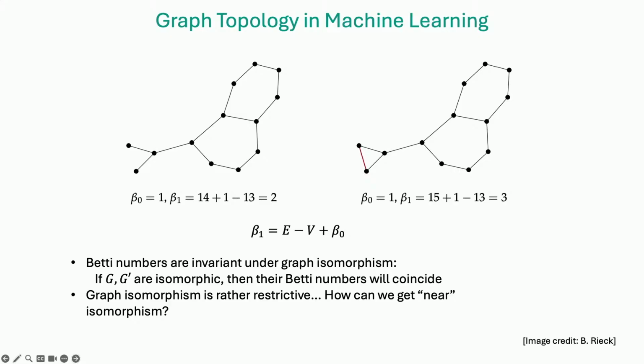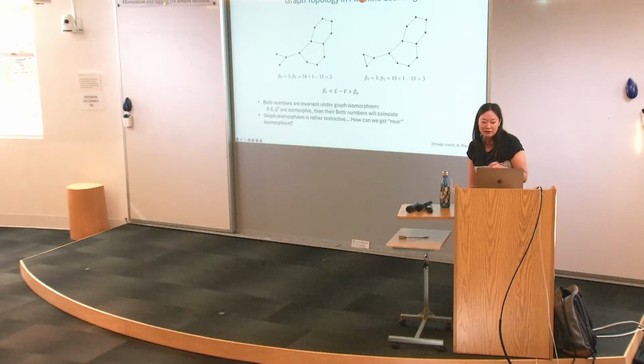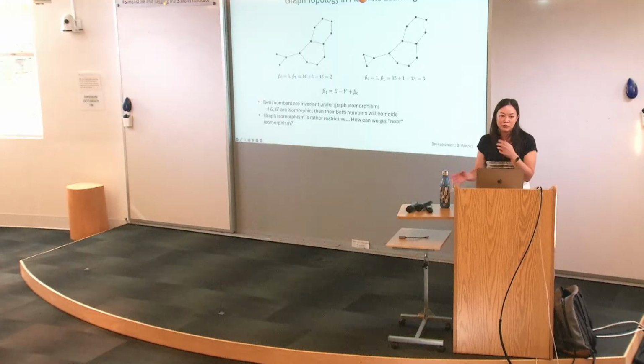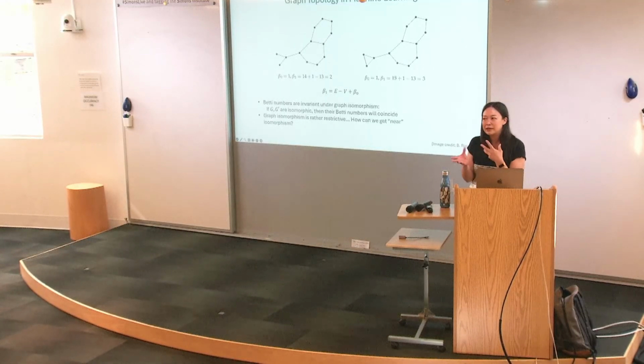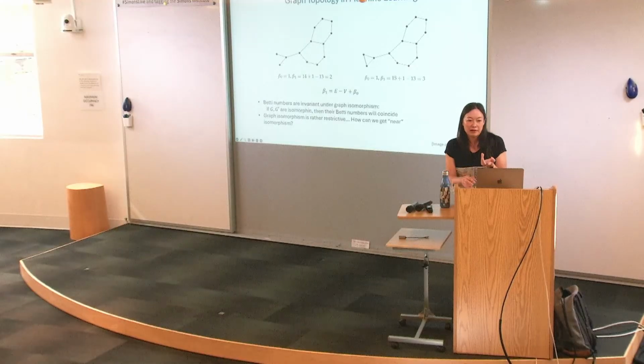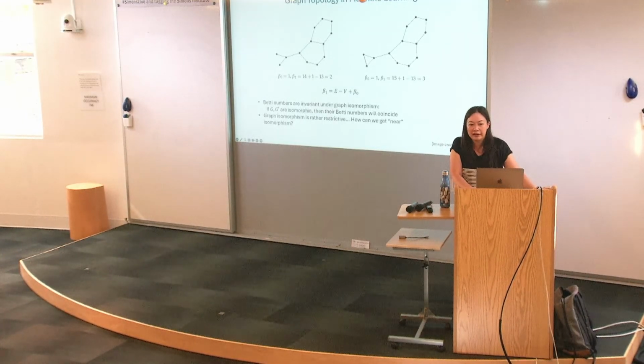Yeah. Sorry for being so skeptical, but why don't you just count cycles? I mean, you don't need Betti numbers. I mean, you can, right? But the idea here also is that there are some cases where some things are too restrictive, right? Or if you're looking at real data, again, it's very dependent on what the use case is and what you care about. I'm pretty sure that there are some cases where you can just look at the number of cycles. Like, why not? Yeah, I agree with that.